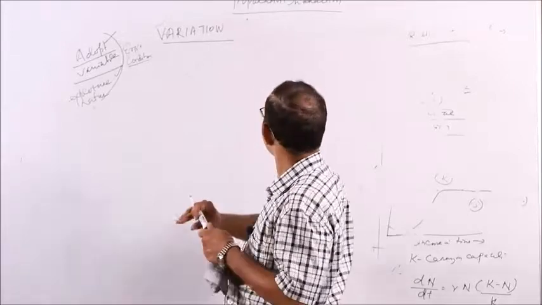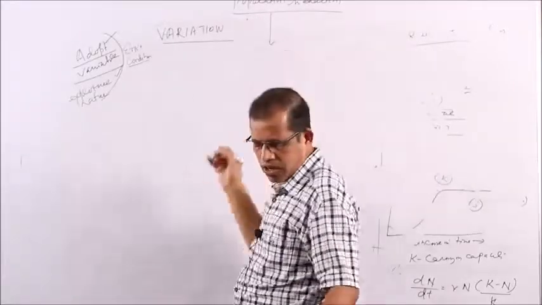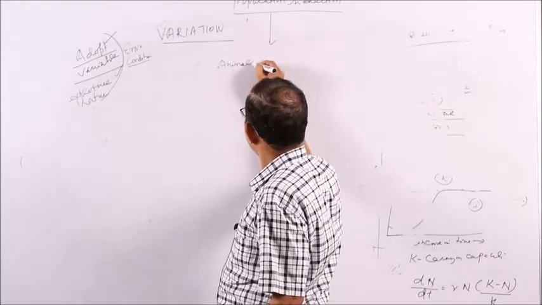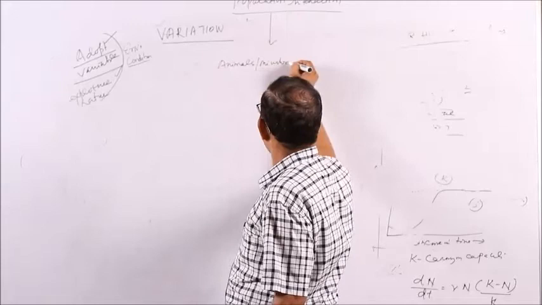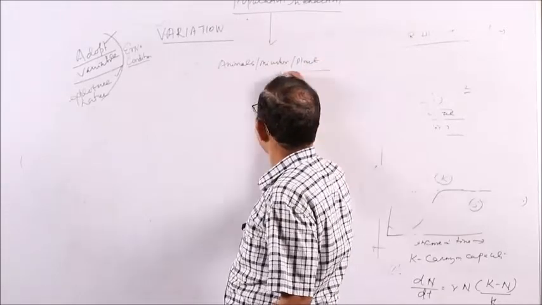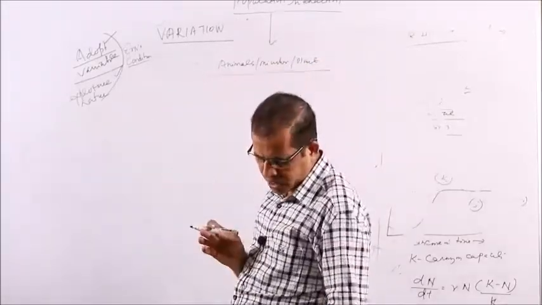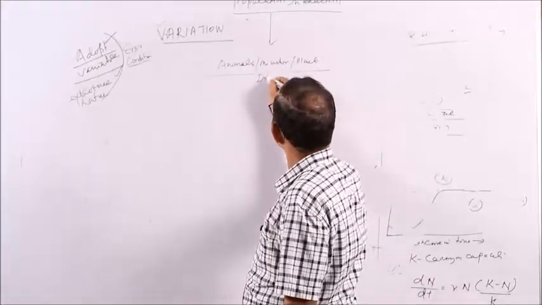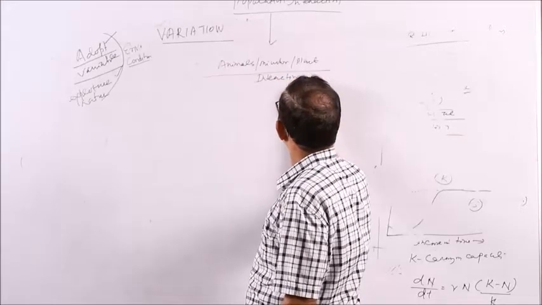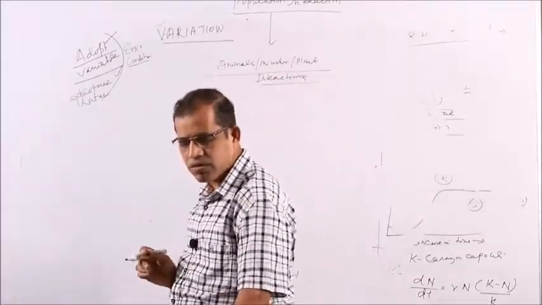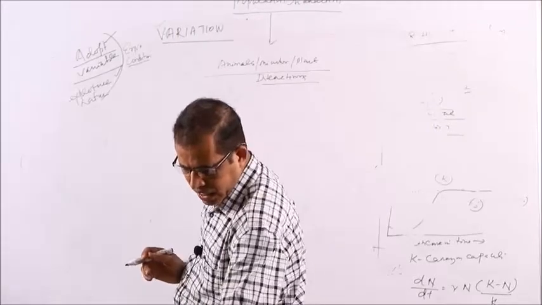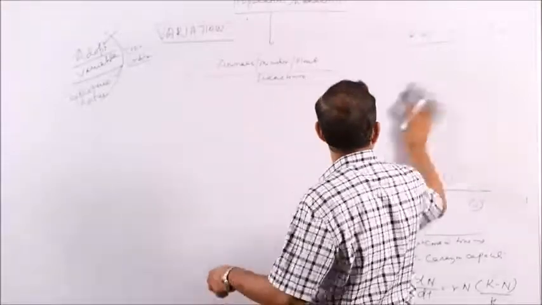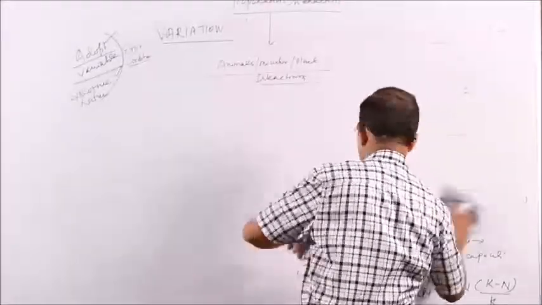Now, we come directly to what population interaction is. Under this we can say that animals, microbes and plants do not live alone; they have interactions among themselves. They are not in isolated conditions. So, what are the types of interactions? We know a lot about this, but as this terminology is very important, we will go one by one.